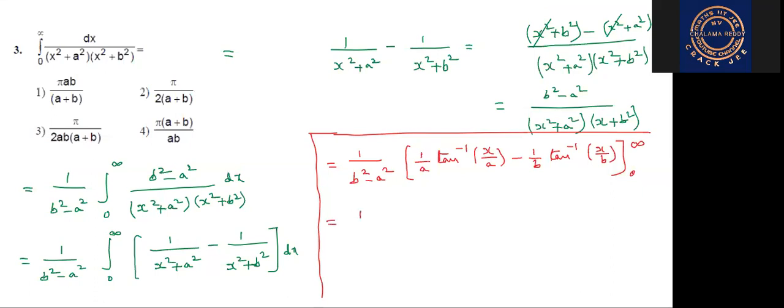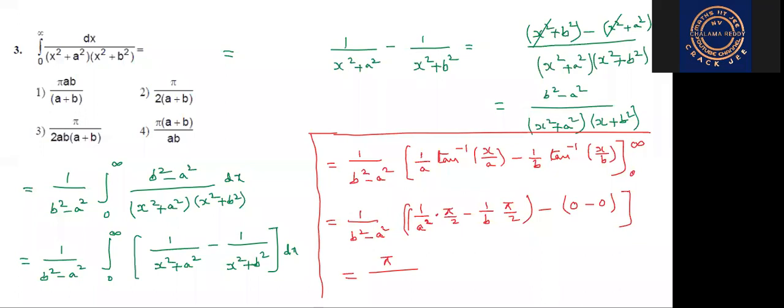First substitute the upper limit. Tan inverse of infinity, what? Pi by 2, minus 1 by b into pi by 2. This is the upper limit. Then what about the lower limit? You will get 0 minus 0. Students, do you understand? Now here, in the first term pi by 2 is there. Take it common. Pi by 2 into b square minus a square means we can